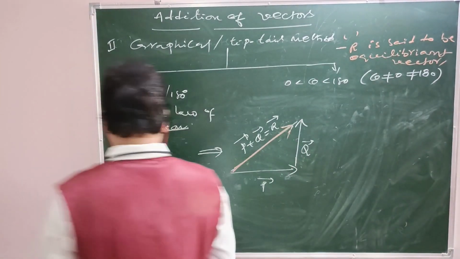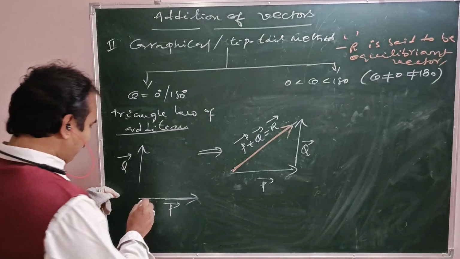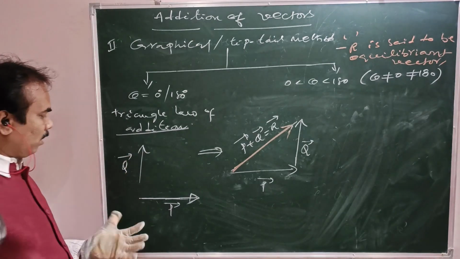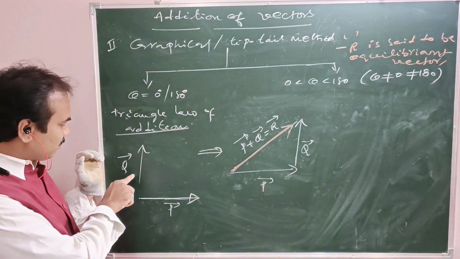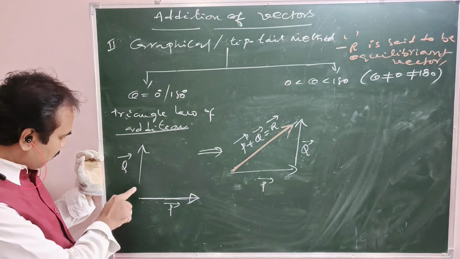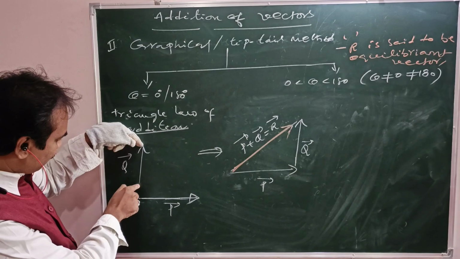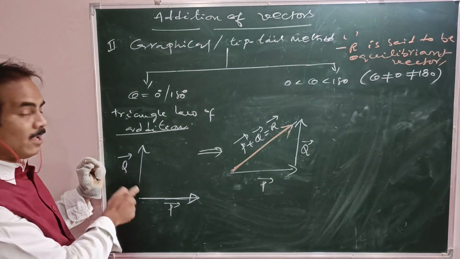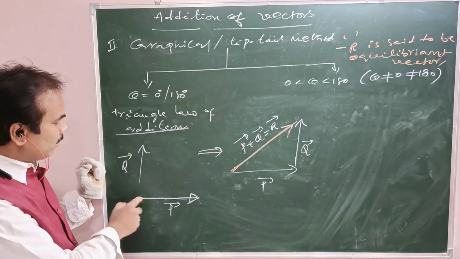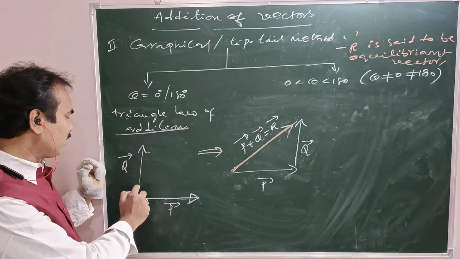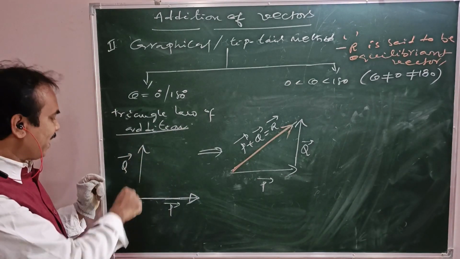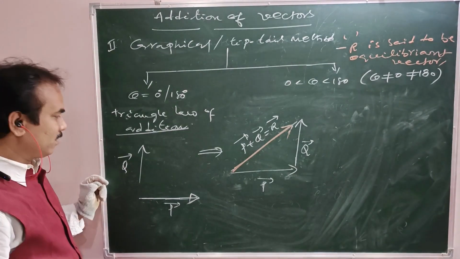Okay, these are the given vectors. These are the given parent vectors which are to be added. Here p bar, here q bar. Now I am taking this q bar and shifting it a little bit behind and joining it somewhere here, such that both tails are meeting. If I shift p bar up to q bar, here also we can add. Otherwise, if I shift q bar up to here, here also we can connect both such that both the tails are meeting. Am I right?